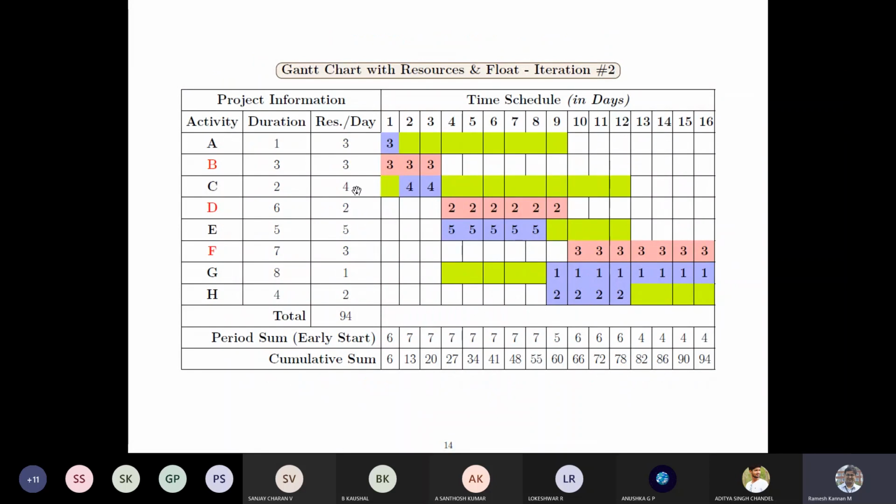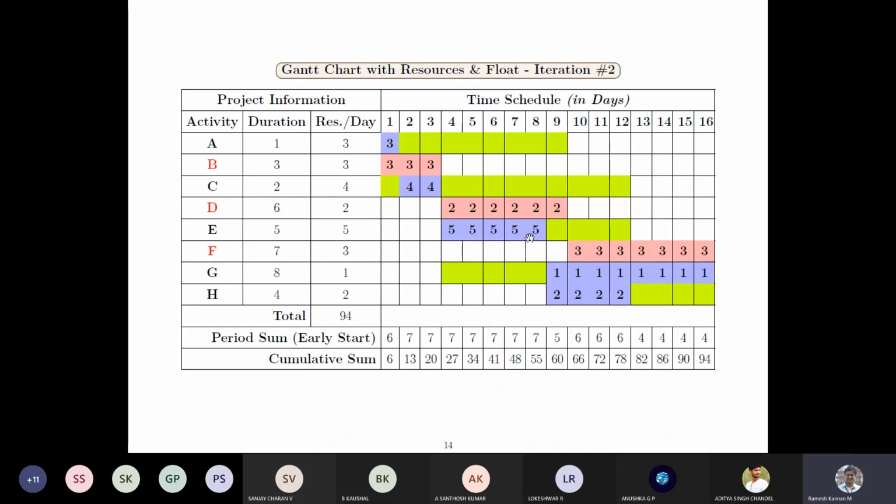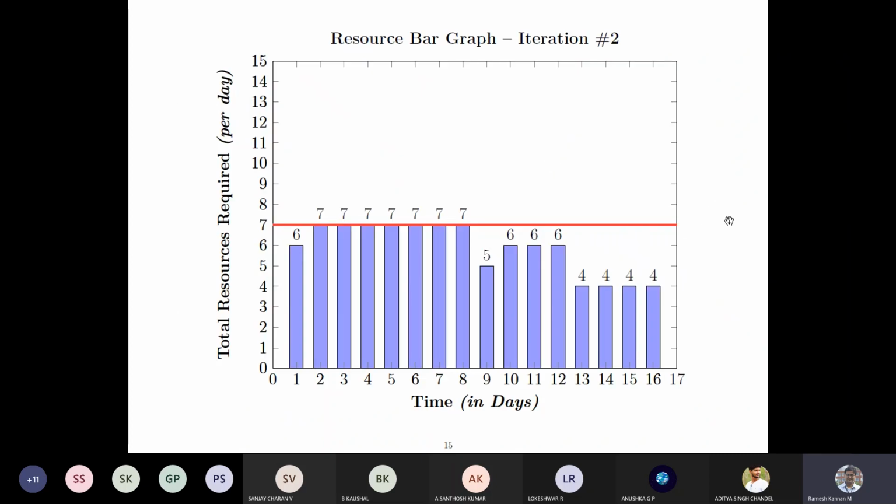So that's absolutely no problem. And this is not only the solution. Based on this, you can even move this to here and this to here, and based on this buffer you can just move this. The only thing is that it should be below 7, so your allocation should not go beyond 7. Say for example, if I move this 5 here, then this will become 5 plus 3 is 8, 8 plus 2 is 10, and 10 plus 1 is 11, so it will become 11. So you should not do that, but you should make sure that this period sum is less than 7, and you can visually see that by graph.